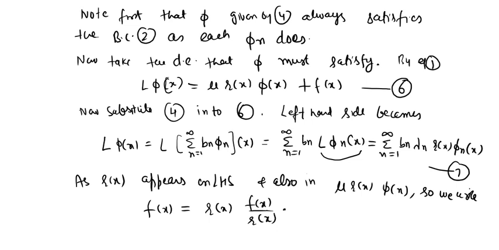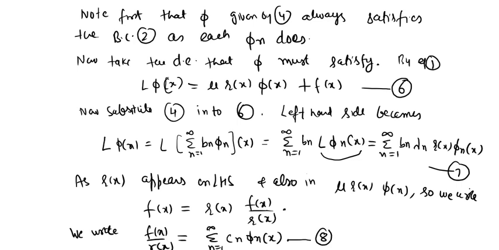Okay, so r(x) will be a multiplier in this term. So instead of writing f as a linear combination, we write f by r. This is again a continuous function, so that can be written as a linear combination of those eigenfunctions. So you can write the solution y, and you can also write any function as a linear combination of those eigenfunctions.